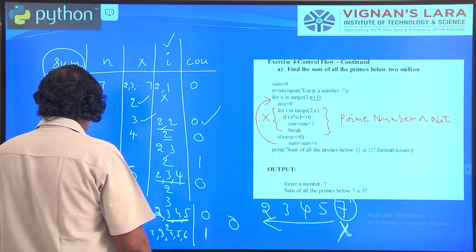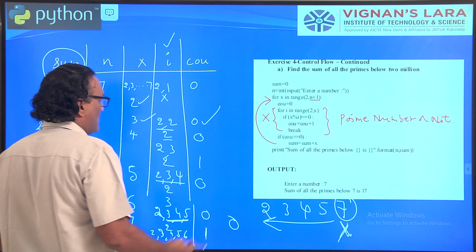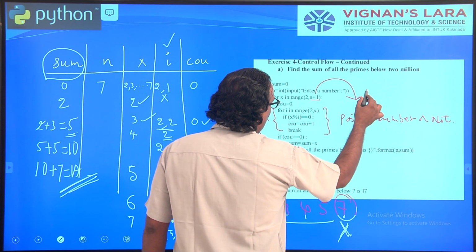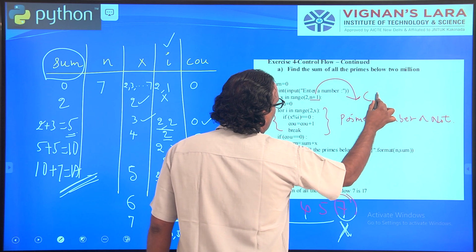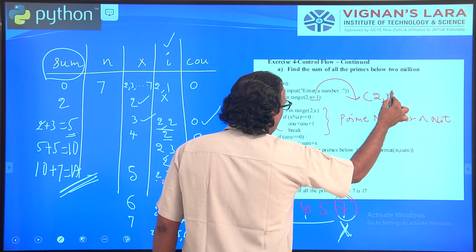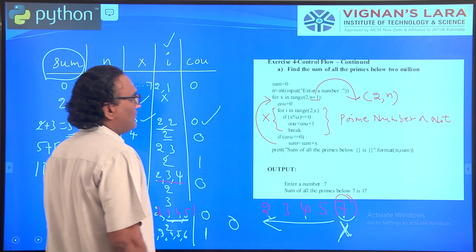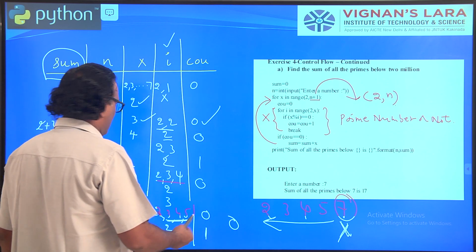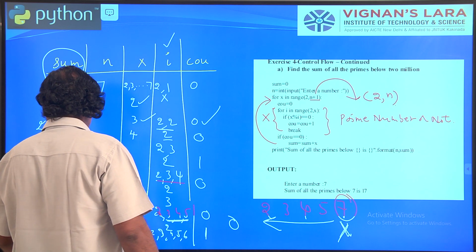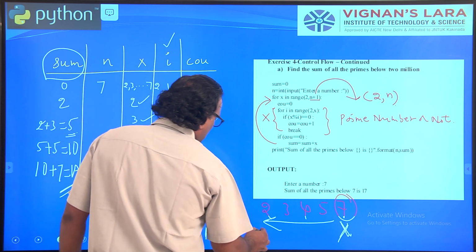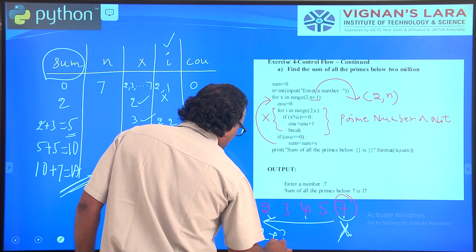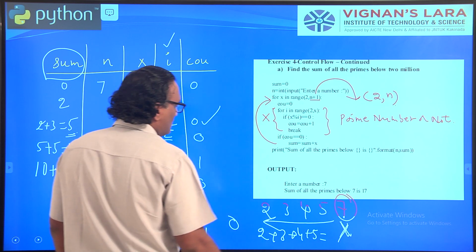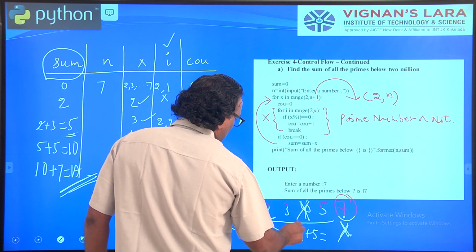So the change in your logic is, you write here up to 2 comma n. That is enough. In this case your program output is 2 plus 3 plus 5, since 4 is not there actually.